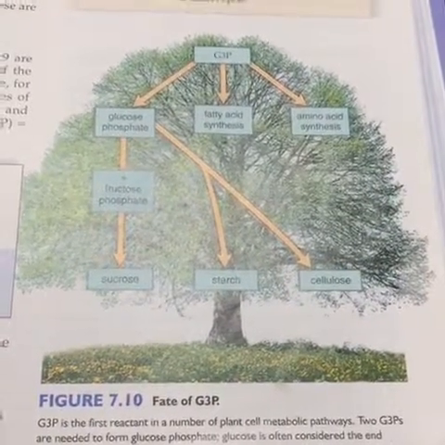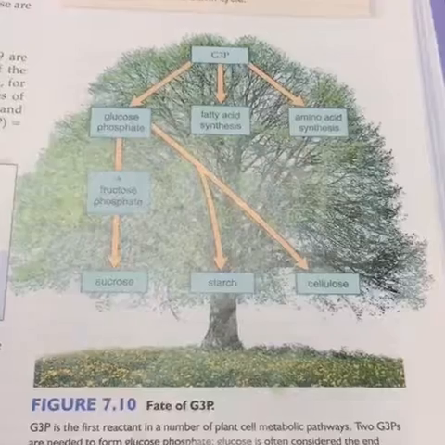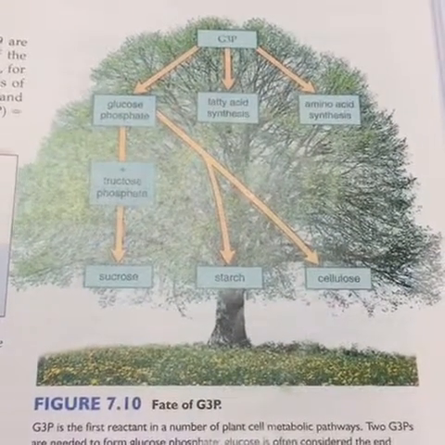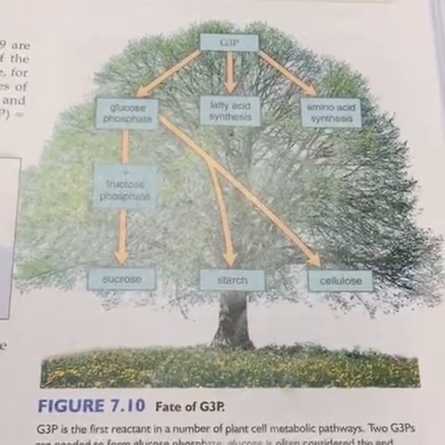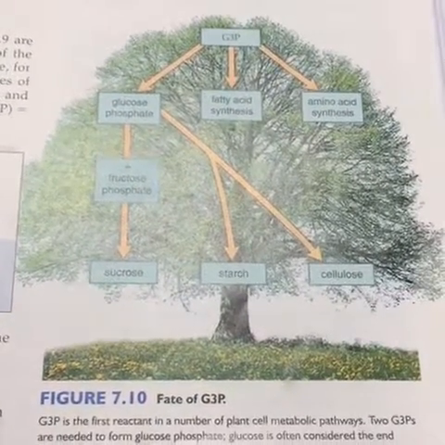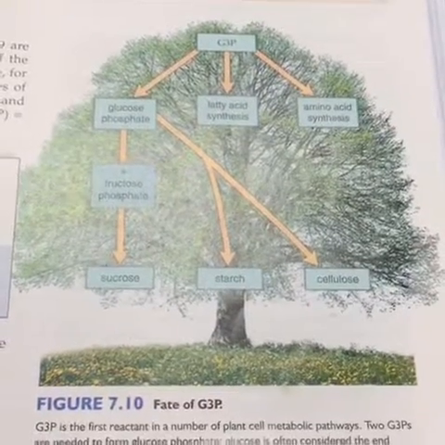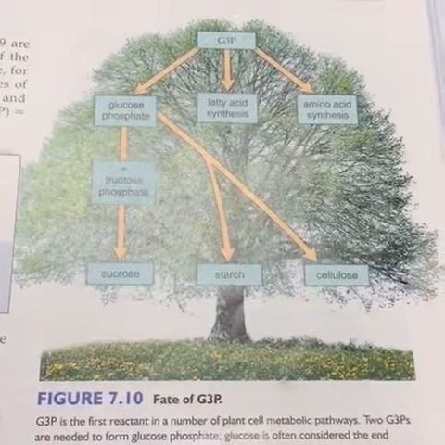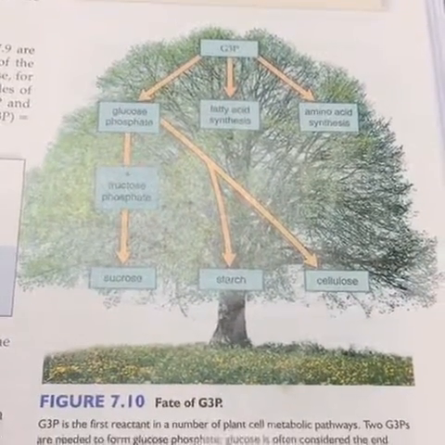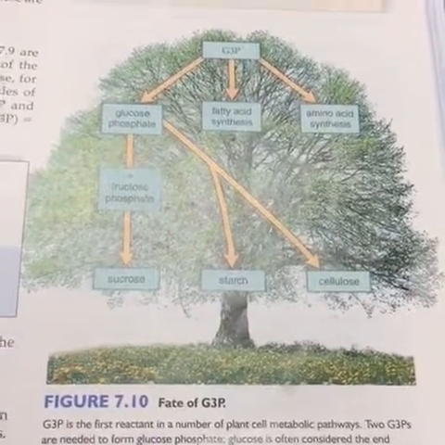G3P is the first reactant in a number of plant cells' metabolic pathways. Two G3Ps are needed to form glucose phosphate. Glucose is often considered the end product of photosynthesis. Sucrose is the transport sugar in plants. Starch is the storage form of glucose. And cellulose is a major constituent